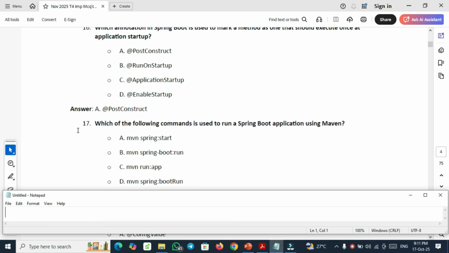Question number 17. Which of the following commands is used to run a Spring Boot application using Maven? So usually the build type is Maven. So which command do you have to use in order to run a Spring Boot application? First one, mvn spring start, option B, mvn spring-boot:run, option C, mvn run app, and option D, mvn spring-boot:run. So the right answer